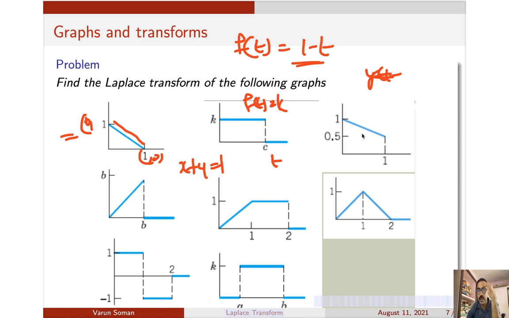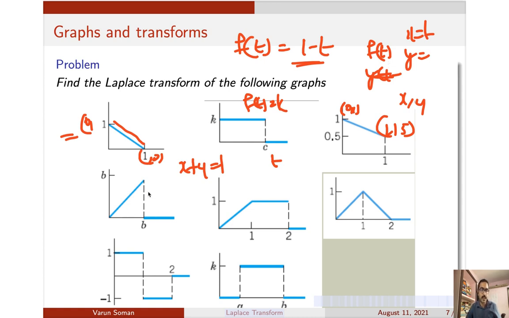Similarly, can you write down the equation of this line? You can see that this point is 0, 1 and this point is 1, 1.5. I hope you can write the equation of the line in terms of x and y. Once you write the line in terms of x and y, put x is equal to t, you will get the value of y, and that y is your f of t. So please write it down like that. This is not important from the examination point of view, but I hope you can write it down. And don't forget the intervals here.